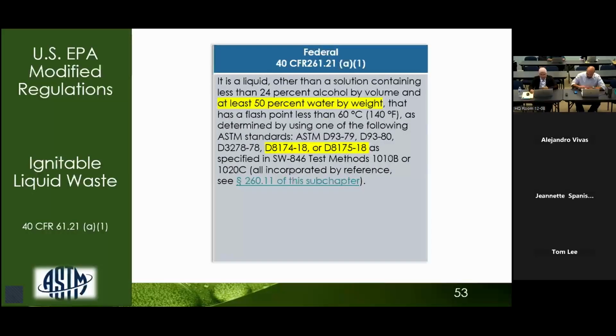Now that we have wrapped up the updates for ignitability of liquid waste, let's move on to the next topic, which is modifications to the regulations for ignitable compressed gases. These updates aim to align California's regulations with the latest changes from both the US EPA and US DOT. Just a quick reminder, US DOT stands for the US Department of Transportation, and you will hear me mention them a few more times as we go forward.